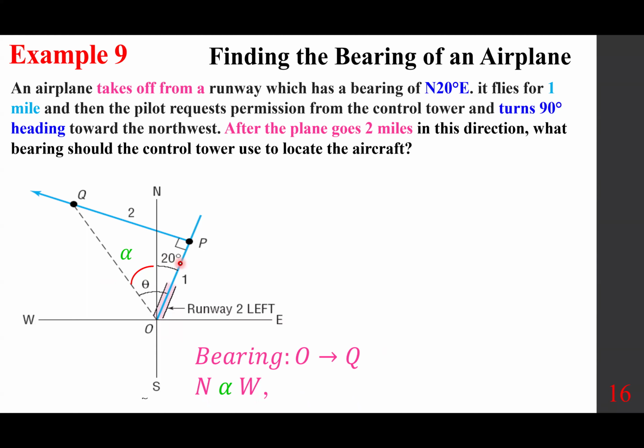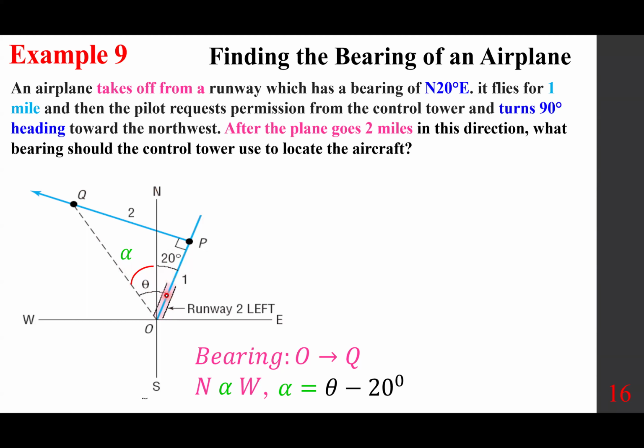And what is alpha? If we figure out this angle, which is theta, this entire angle is theta. We subtract 20, we get to alpha. Alpha is theta minus 20 degrees. So all we have to do in this right triangle is find this angle,